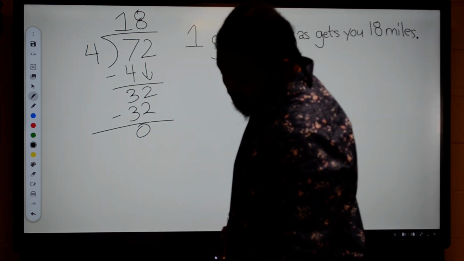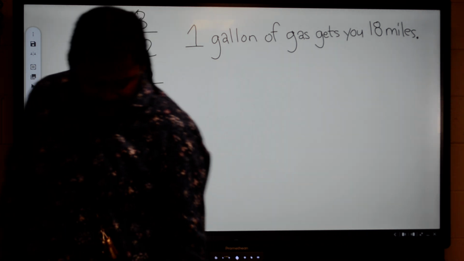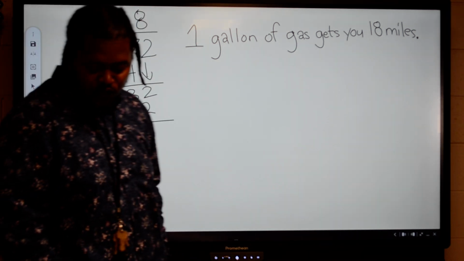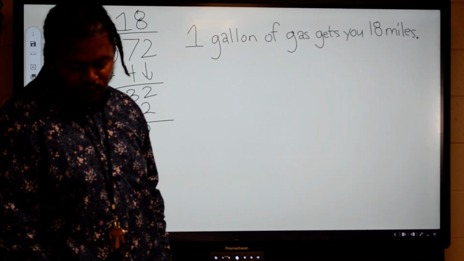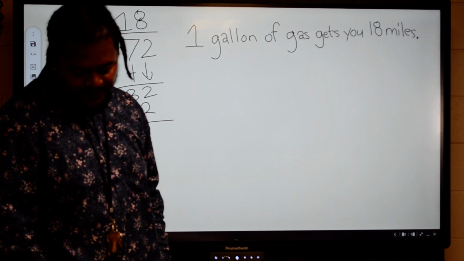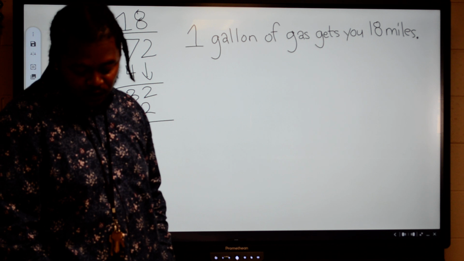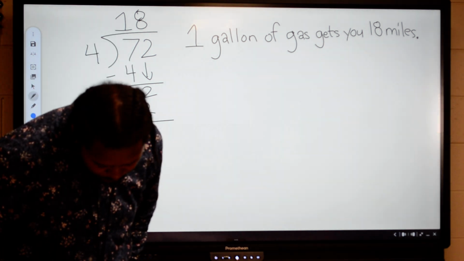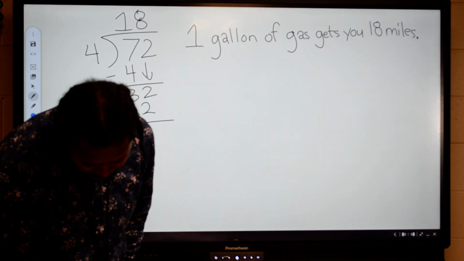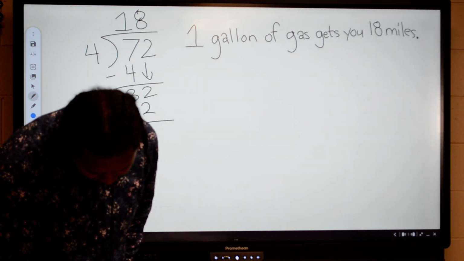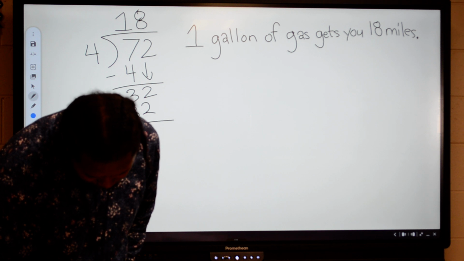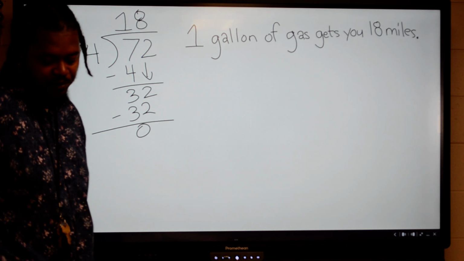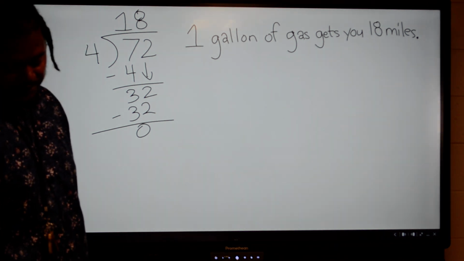Okay, so now, as we did in class today, vehicle 2, the supreme, is a graph, and usually it lets us know right on the graph what 1 gallon of gas would get us. But here it only shows us what 3 gallons of gas would get us. So 3 gallons of gas, if you look at your graph, we go over to the 3 and up, and we see that for 3 gallons of gas, we get 50 miles, okay? So that is also a ratio because that is also a coordinate,